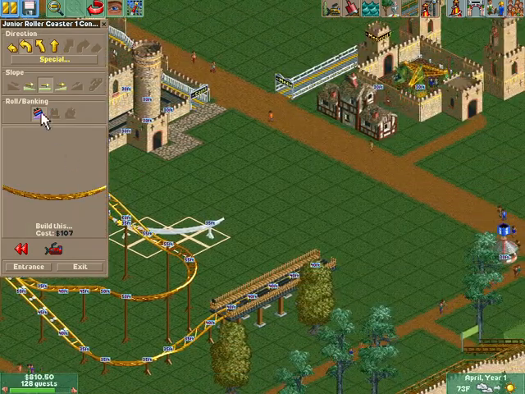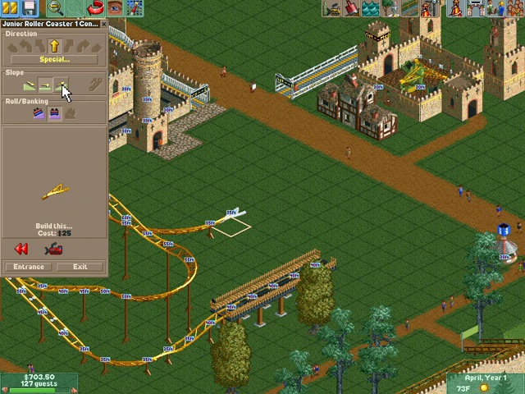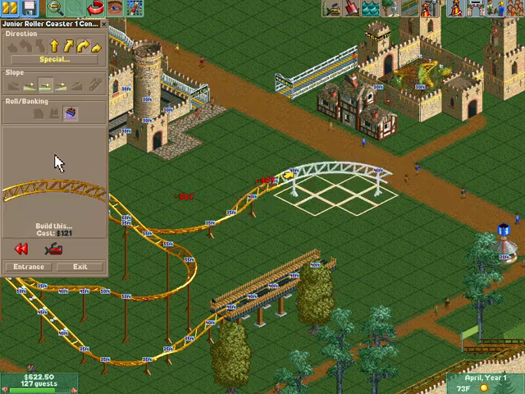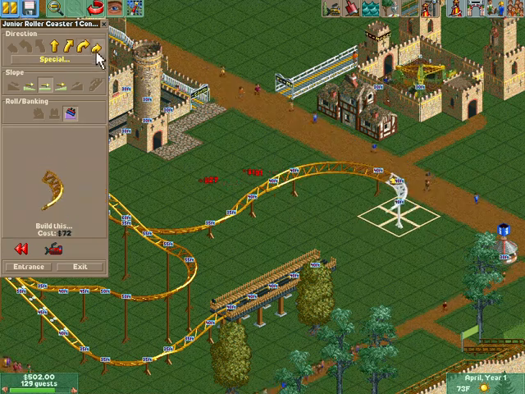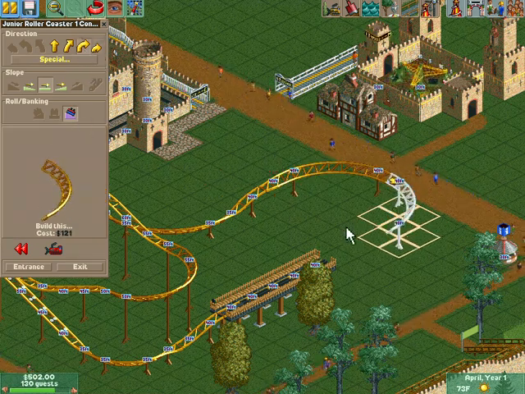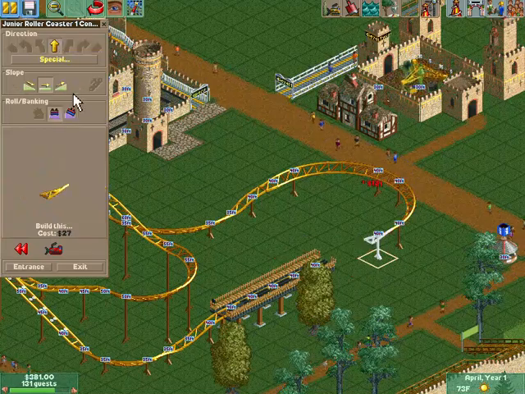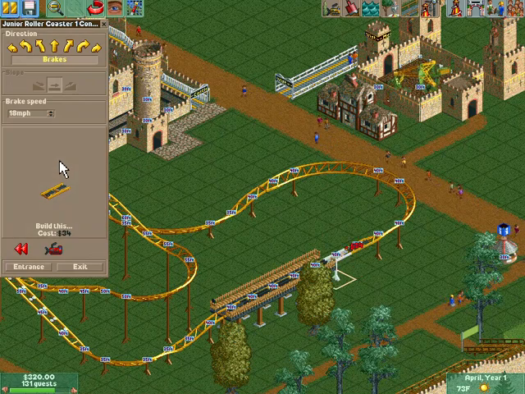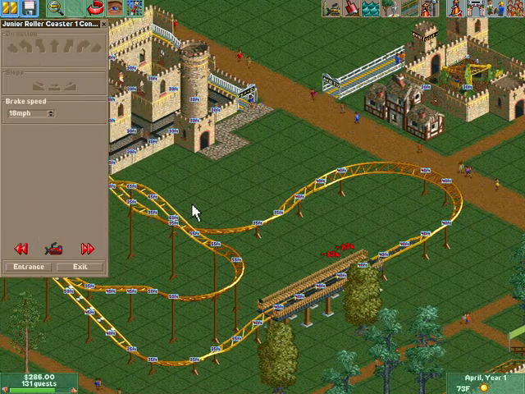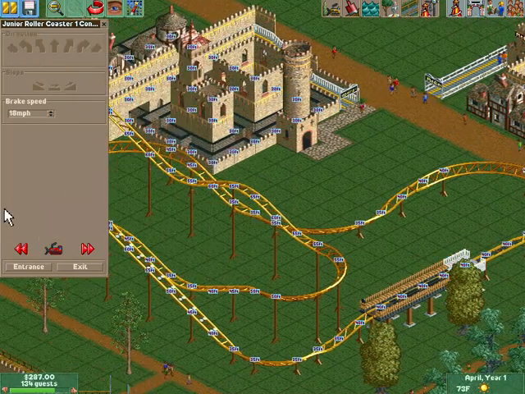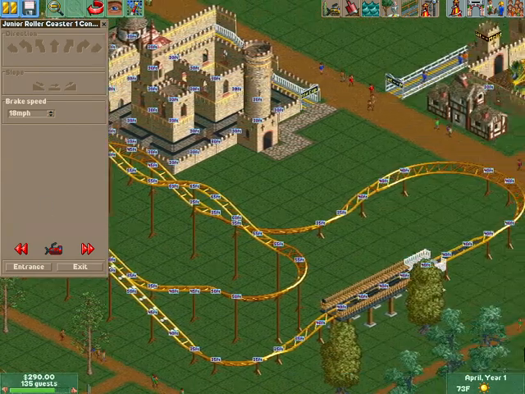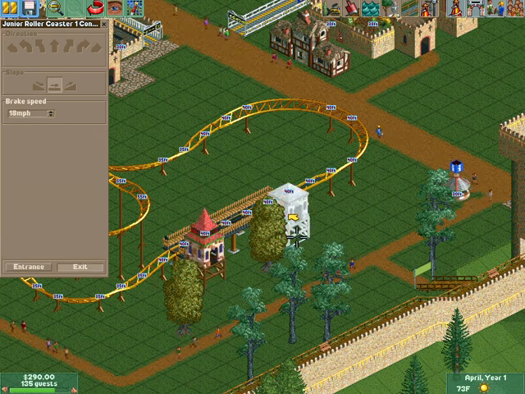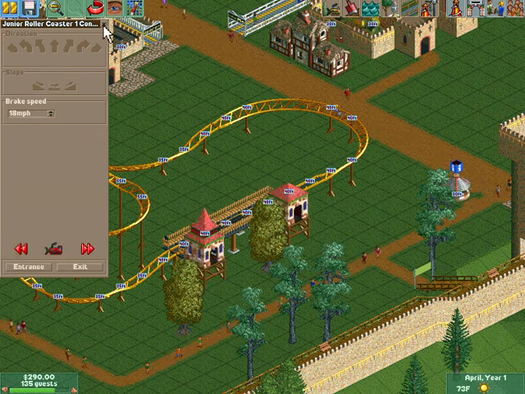Nothing too crazy, pretty basic, but some added level of enjoyment here. And now one last big curve to the station, which should line up right here. And we'll add some brakes. And we have a completed coaster, just like that. I have just completed a roller coaster. Now granted, I was able to do that in nothing flat because I've been playing this game for a long time, but